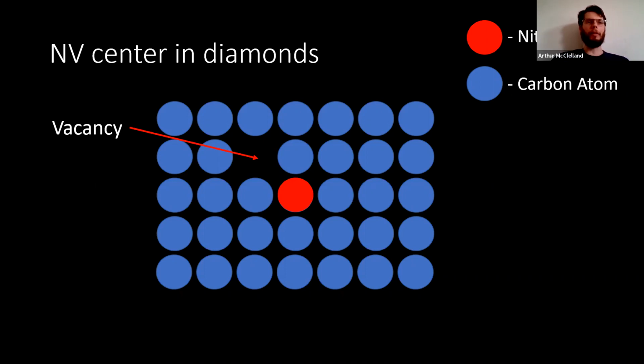This nitrogen vacancy pair happens to give us an unpaired spin that we can control optically, which is a good way to manipulate the spins. But we've worked so hard to get a beautiful single crystal, and now we're purposely going through and ruining it, but ruining it in a controlled way.